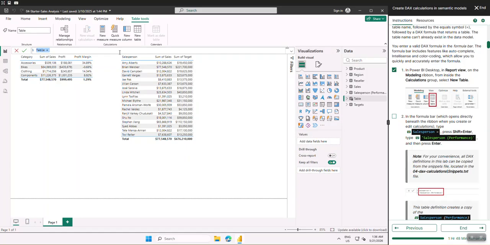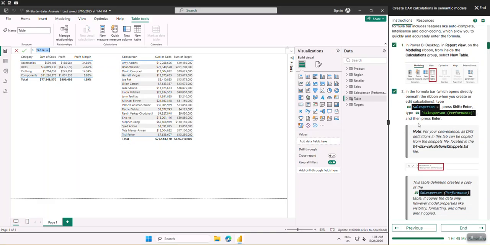Now, that formula bar that opens is asking you, okay, what do you want to do? Just like you do in Excel. What do you want to do? So in number 2, it says we should use this formula. Salesperson. Guys, do we have a table called salesperson? Do you have a table called salesperson? You don't. The only table you have currently is salesperson performance. Is that not correct? Yeah. That was because before we came here, you already renamed the table. Are we together? Yes. Though the content is talking about salespeople, but now we want to create another table called